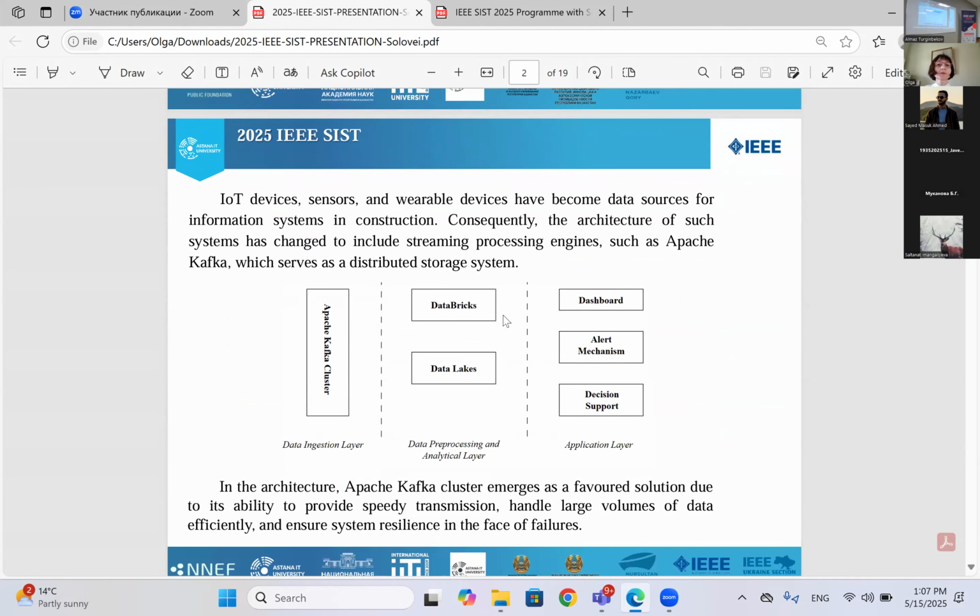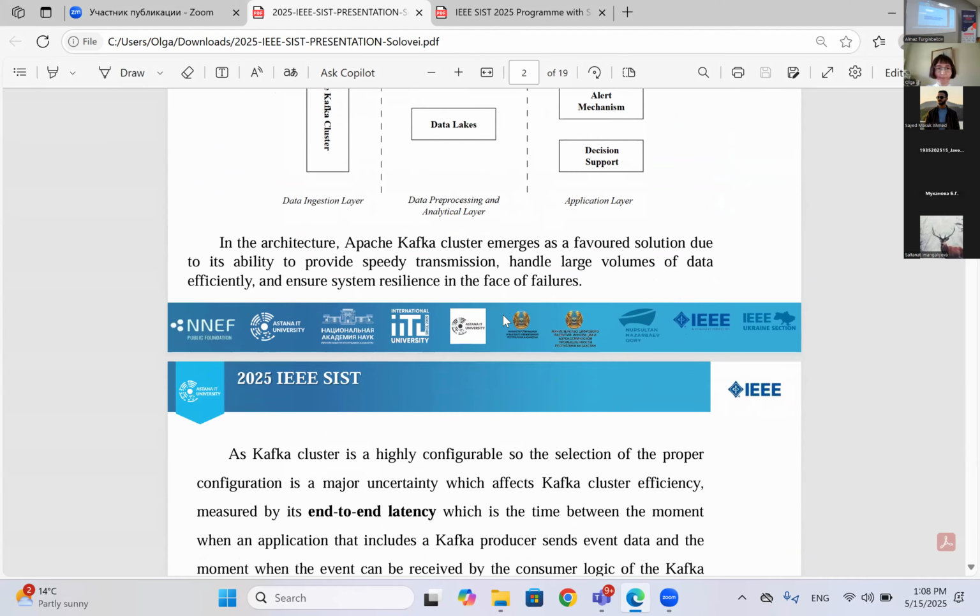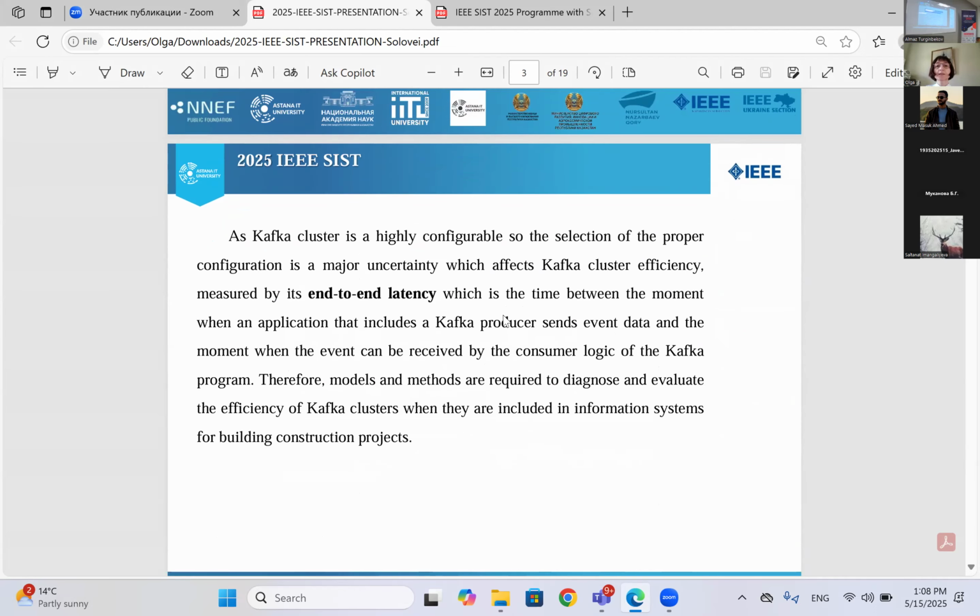IoT devices, sensors, and wearable devices have become data sources for information systems in construction. Consequently, the architecture of the system has changed to include streaming process engines such as Apache Kafka, which serves as a distributed storage system. As a Kafka cluster is highly configurable, selecting the proper configuration is a measure of uncertainty which